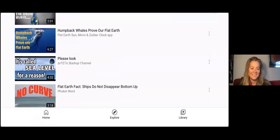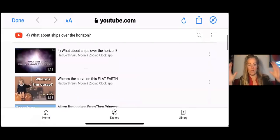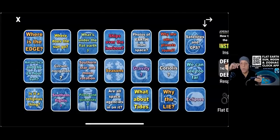Mm-hmm. Do we have an exact model, a map? Absolutely not. But we have more than the globe does. We have way more. What about the water on top of the realm that you hear about in the lost history of the flat earth, that there's water all around the dome? Yeah. So what is the dome? Is the dome a physical dome? Is it a pressurized dome? If you think about it,